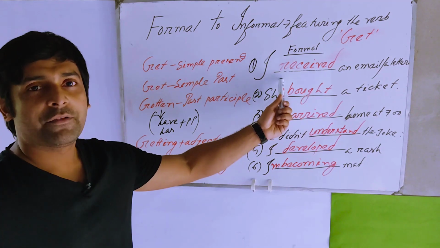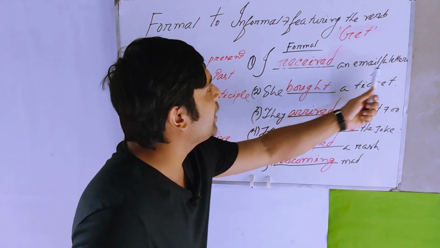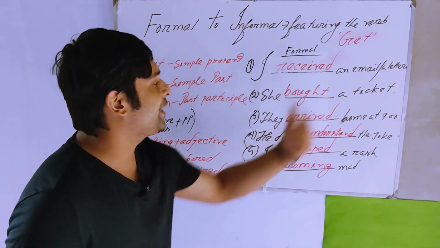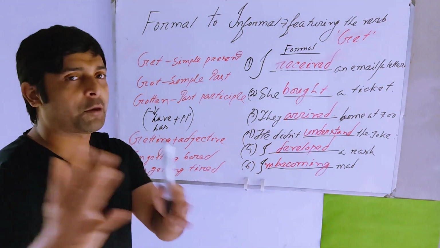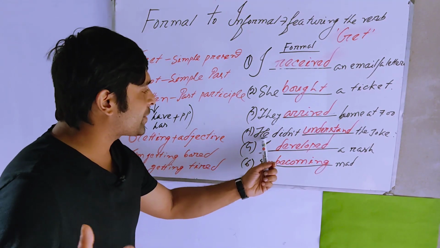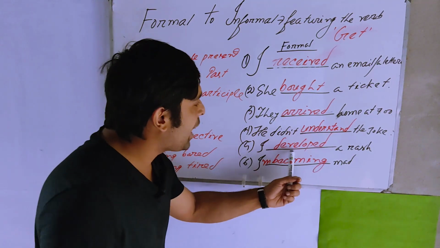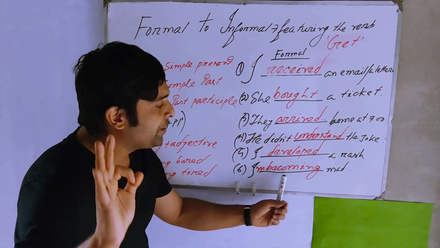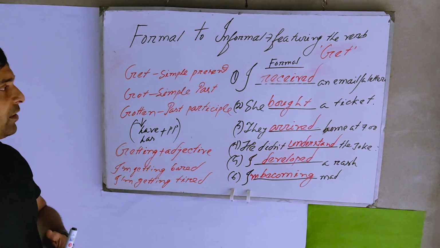You can look at the first example: I received an email, a letter. The second one: she bought a ticket. The third one: they arrived home at 7 a.m. or p.m. The next one: he didn't understand the joke. The next one: I developed a rash. And the last one: I'm becoming mad. It's okay. But the native speakers